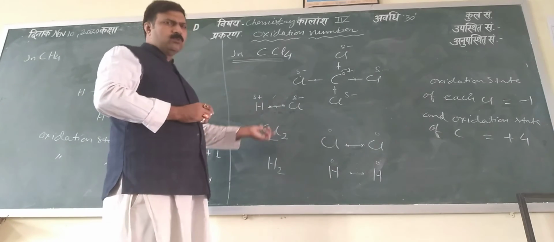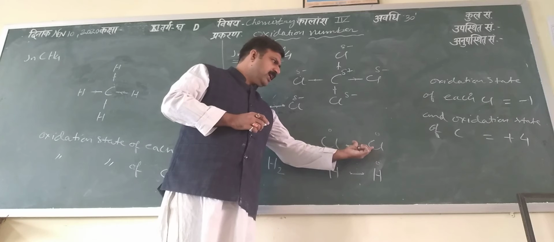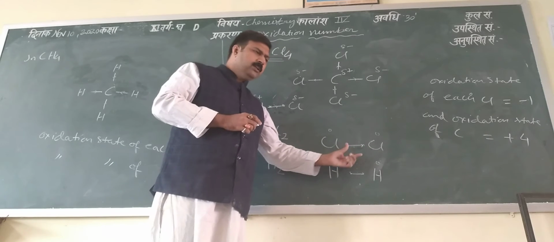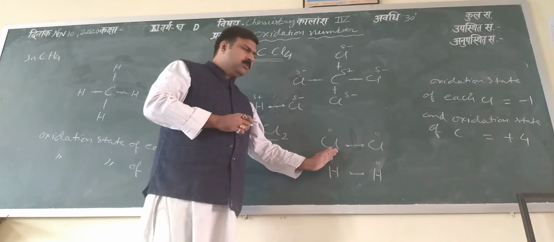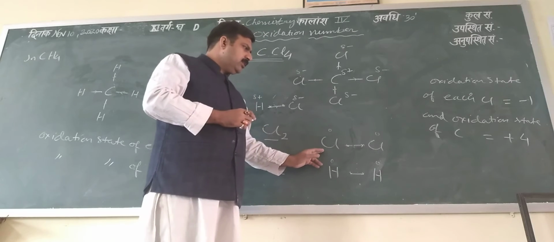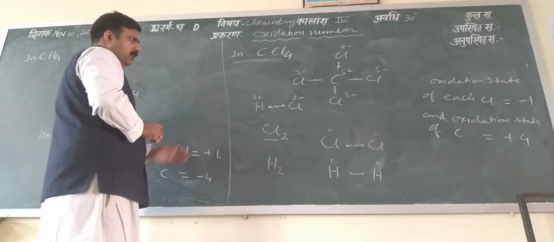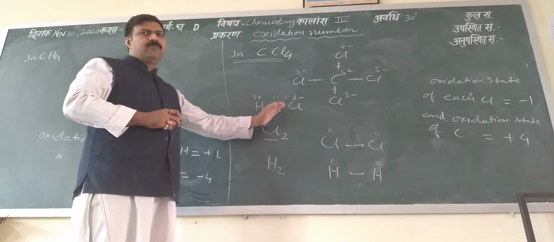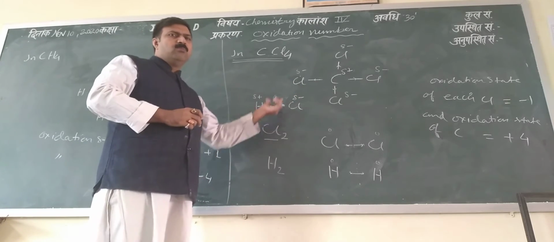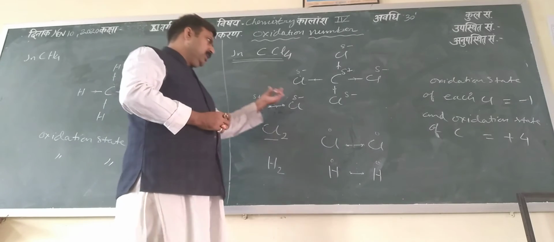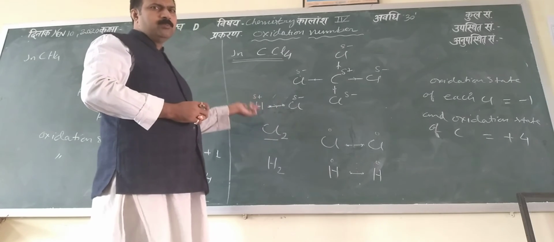So according to the first rule, the electron pair shared between two atoms which have equal electronegativity will be equally transferred towards both atoms. So there will be 0 charge or 0 oxidation state. But in case of atoms which have different electronegativity, the shared electron pair will be counted towards the more electronegative atom. So the more electronegative atom becomes negative and the less electronegative becomes positive.